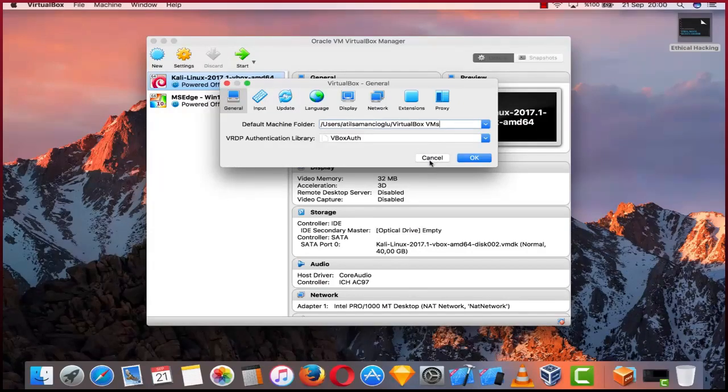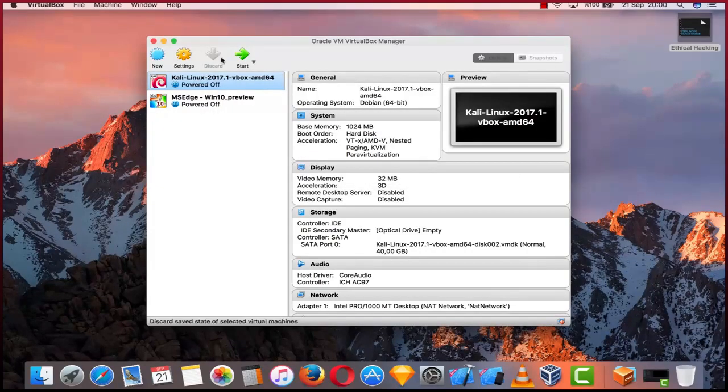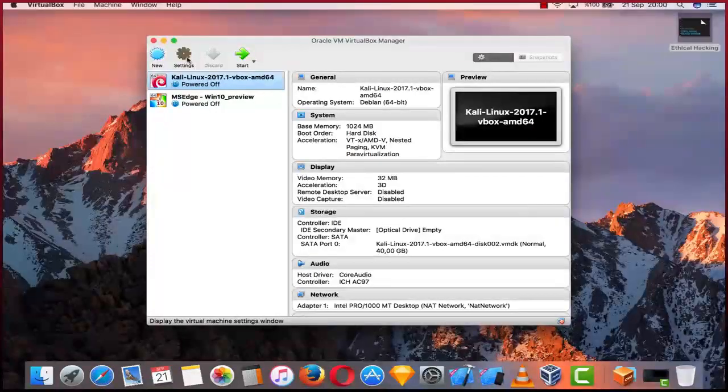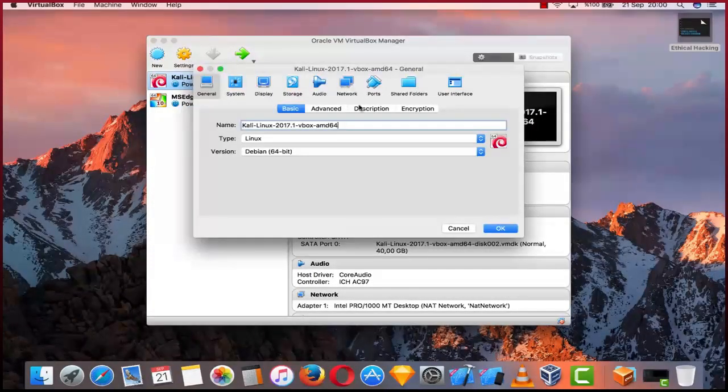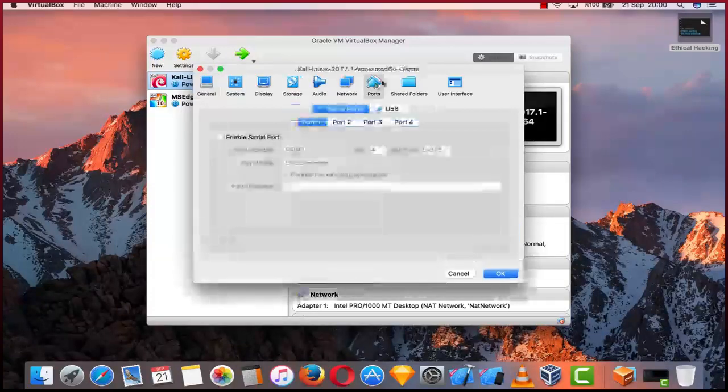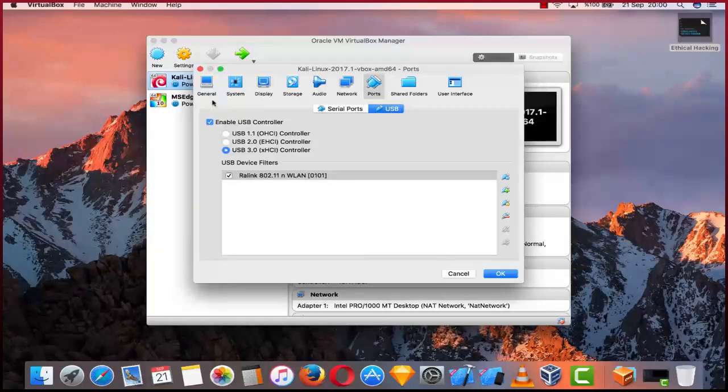So this is not what I'm looking for. I'm looking for the settings of Kali Linux. So you have to click on Kali Linux and then settings. And in here, you have to find the ports, and under the ports, there is a USB tab. As you can see, you have to click on this enable USB and then choose USB 1, 2,